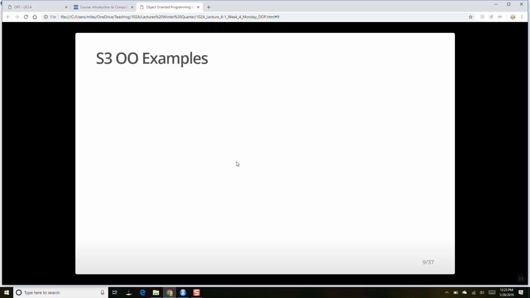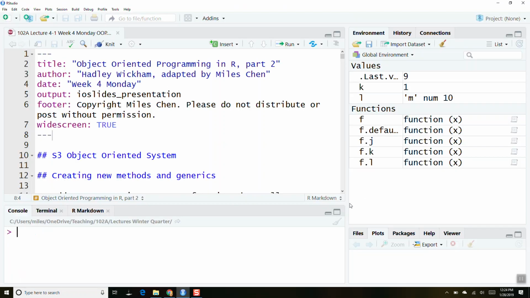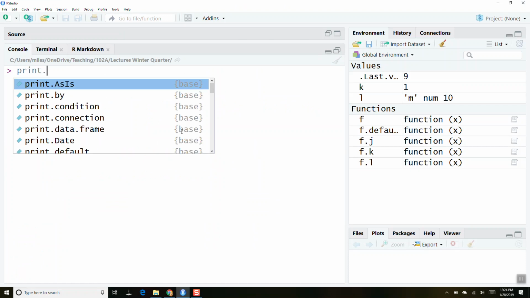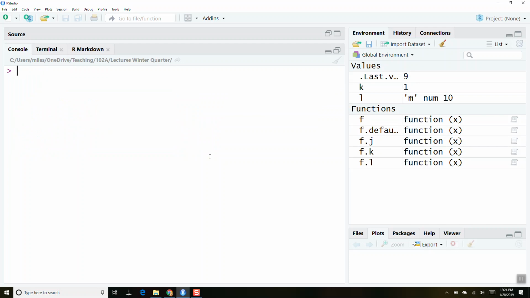And it's something you have to be aware of, because a lot of the things in base R use this function dot class name system, okay? So if you just start typing print dot into R, you've got all of these different versions here, okay?